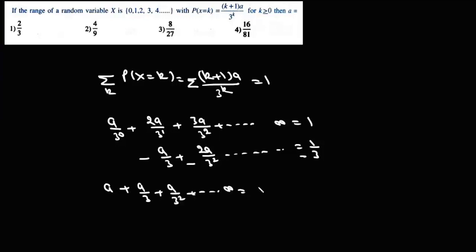और ये कितना 1 माइनस 1/3 हो गया आपका 2/3। अब ये क्या है, ये एक इनफाइनाइट जीपी है, इनफाइनाइट जीपी का सम कितना a अपॉन 1 माइनस r, तो ये जो a अपॉन 1 माइनस 1/3, और ये बराबर है आपका 2/3 के। तो यहां से जो a का वैल्यू आएगा वो आएगा आपका 4/9, जो कि है ऑप्शन 2।